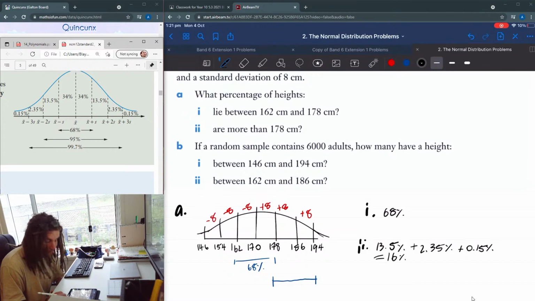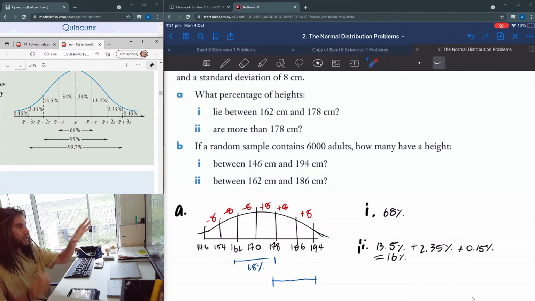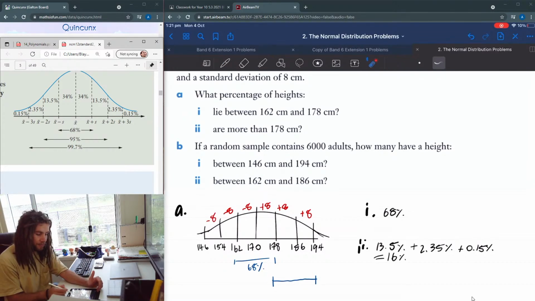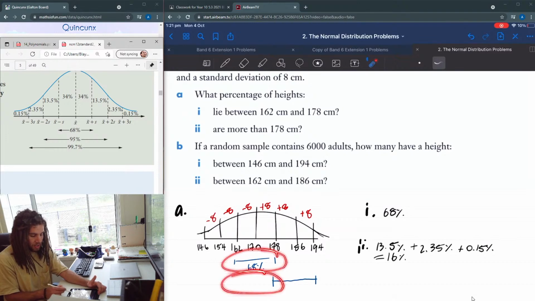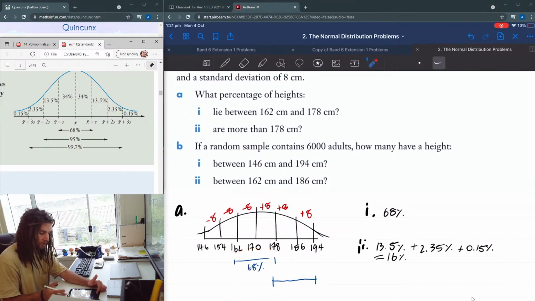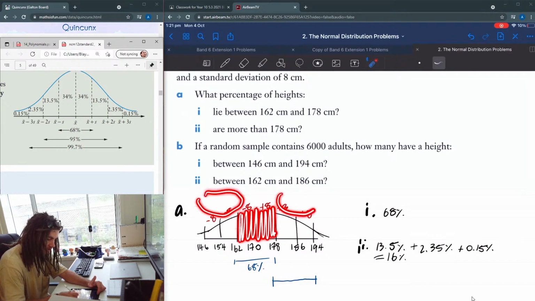That makes sense. But if you didn't want to work it out like that, if you only had the 3 values like 68, 95, and 99.7, what you would do is say, okay, well, if that's 68%, then this and this is going to be what's left. So 100 minus 68 is,